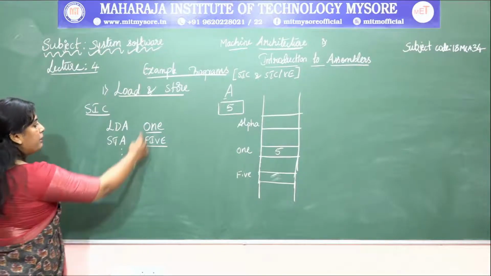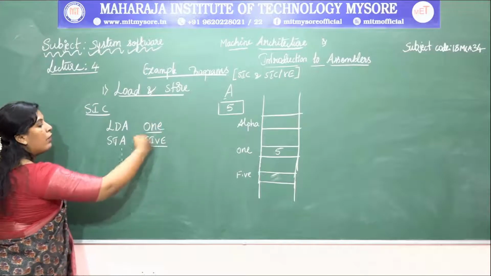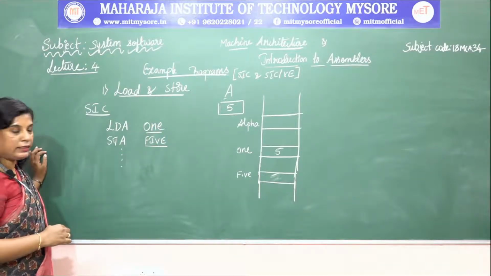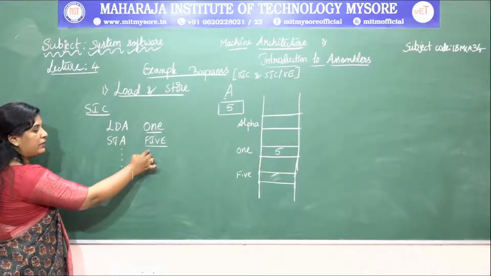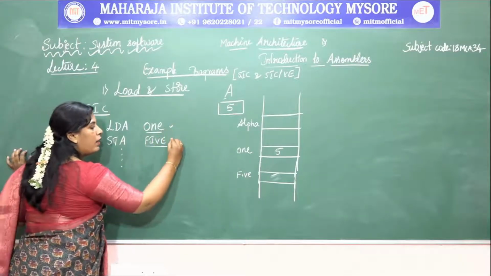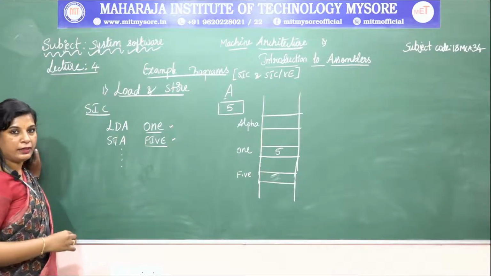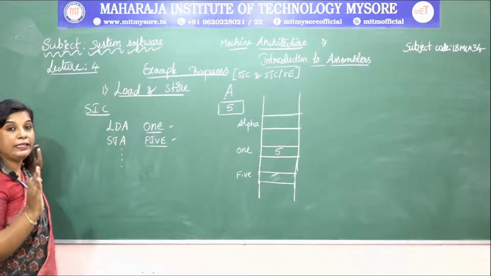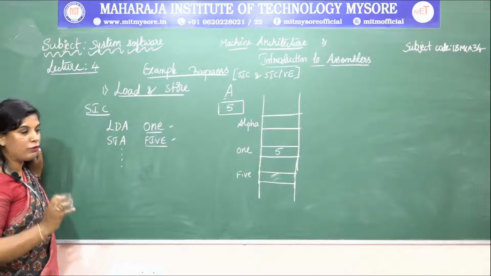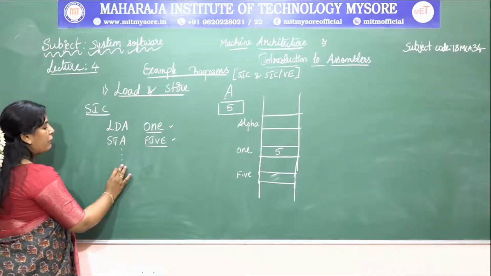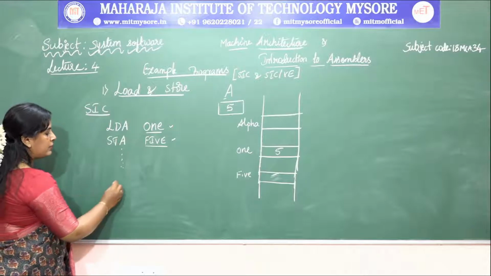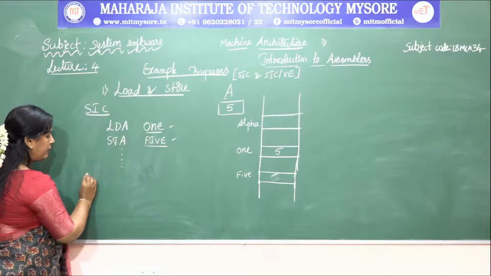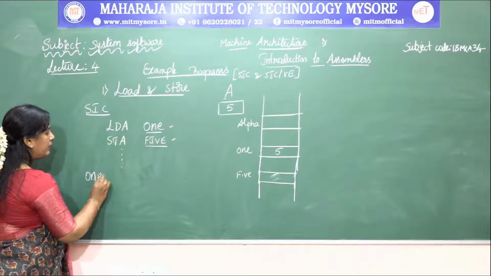So what data variables are we using here? 1 and 5, isn't it? So what we have to do is define these data variables. Yes of course, both are integers. We are just moving integer values here. So in this case, if you want to define that data, we have to define this memory variable in the label field.